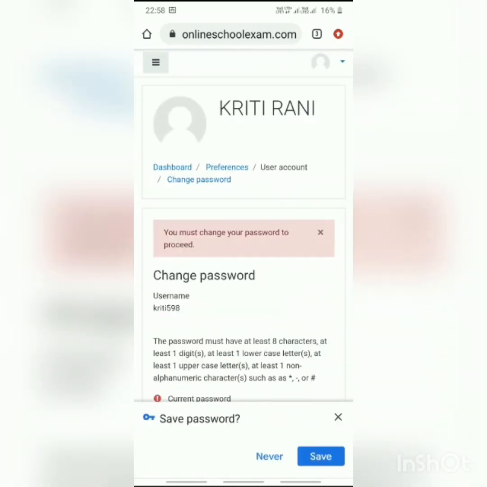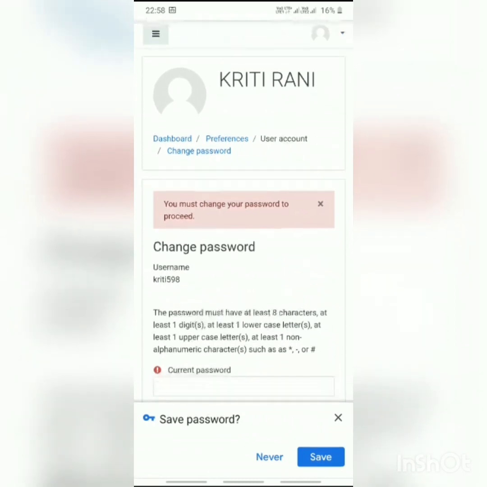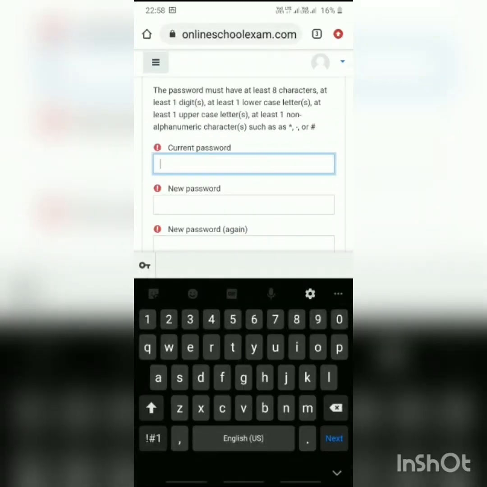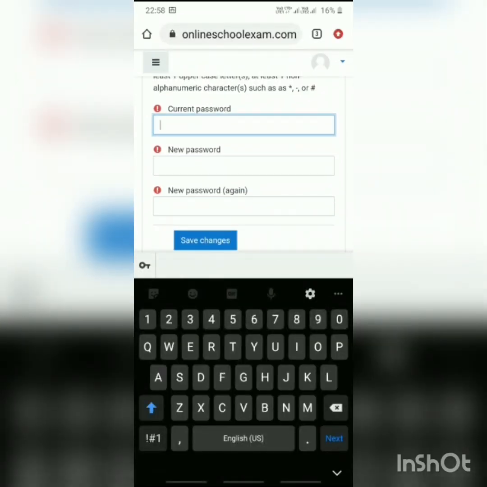As we did this, all of Kriti Kumari's details are there on the screen. Now in this we have to go and change our password. Going to change password, you must keep three things in mind. First is the current password, which you have to put in. What was that current password, students?